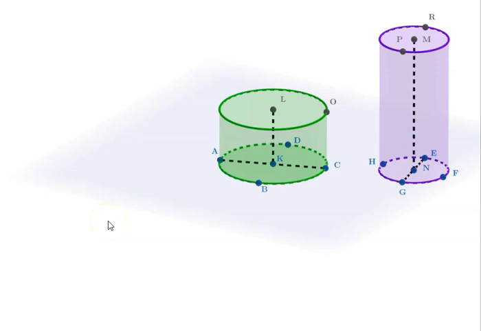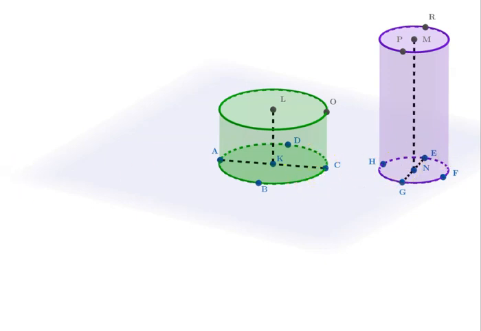Let us look at proposition number 15 of book 12 of Euclid's Elements. The proposition says, in equal cones and cylinders, the bases are reciprocally proportional to the heights. And those cones and cylinders where the bases are reciprocally proportional to the heights are equal, which means